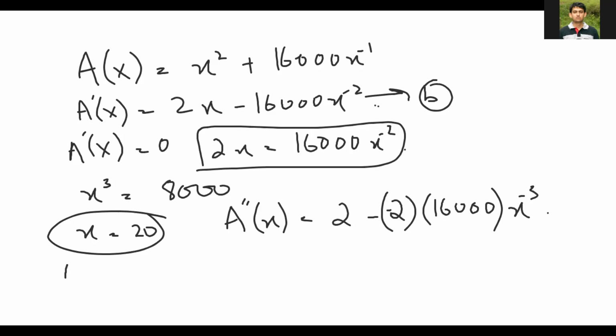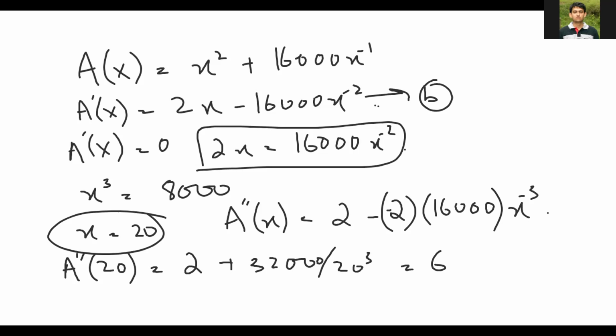So now what I'll do is I'll put 20 into A double prime, and see whether I'll get a minimum point or not. So this is going to be 2 plus 32,000 divided by 20 cube. That's 32,000 over 8,000, and this will yield a value of 6. So now if I look at this 6,